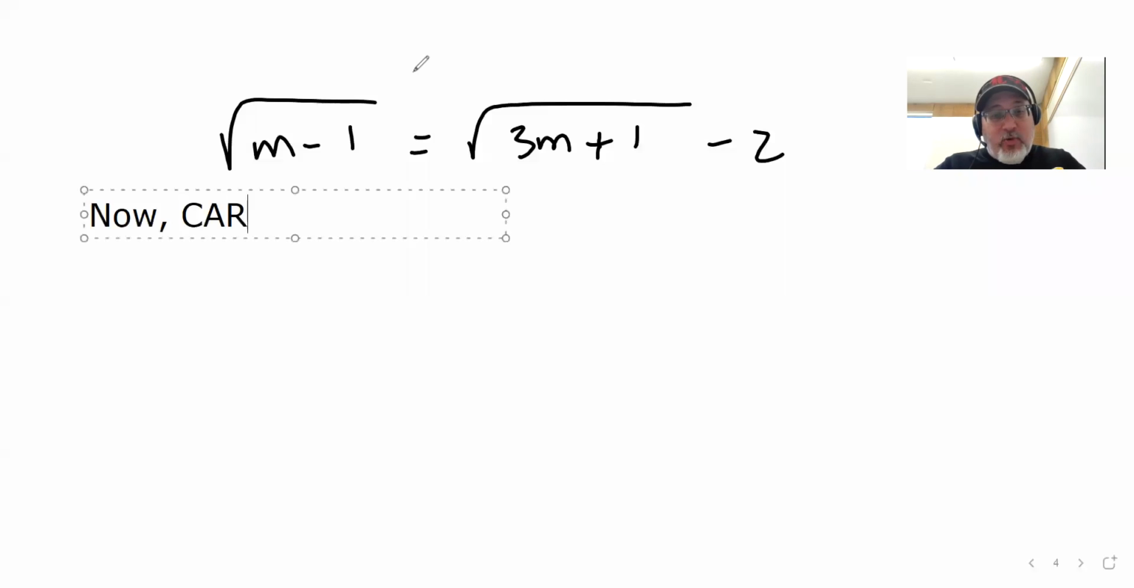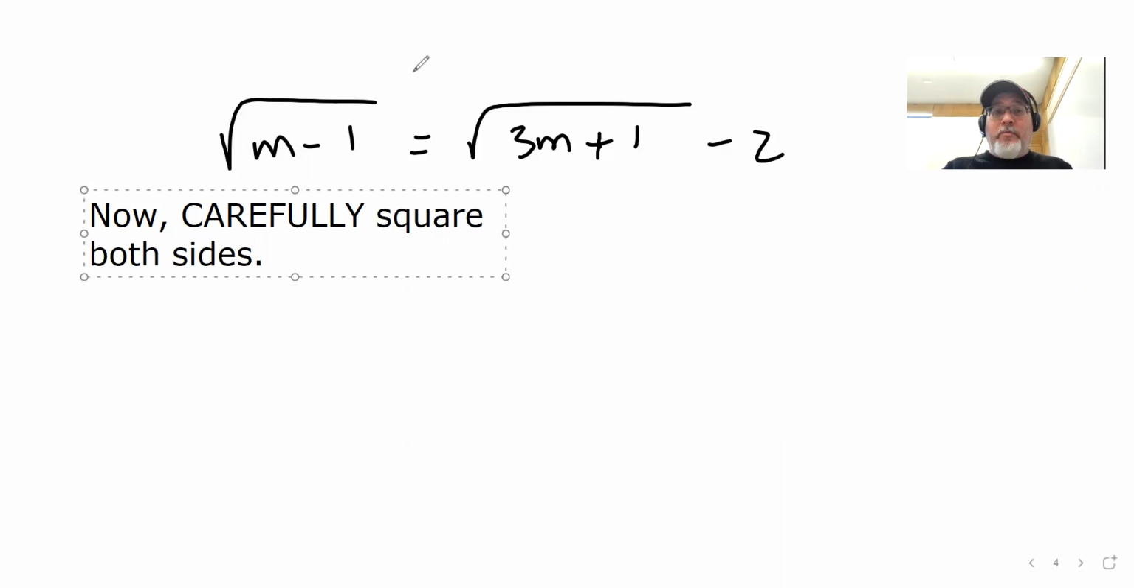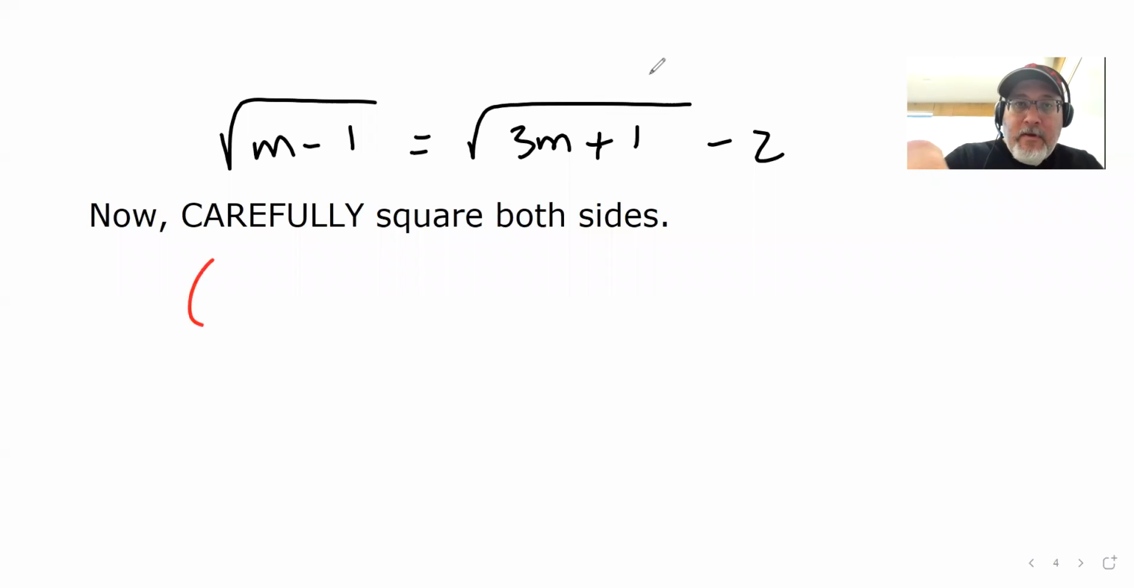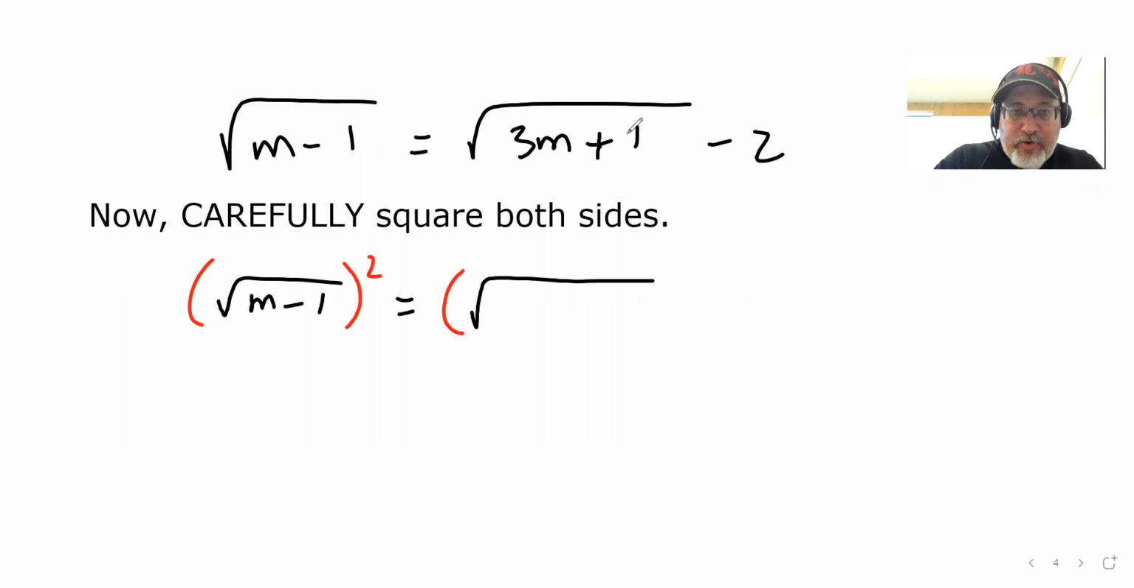Now, and I'm going to emphasize the word carefully, square both sides. This is where this problem gets a little bit annoying, because when you square both sides, let's catch the left side in a red parentheses. Square root of m minus 1, close parentheses, squared equals, and catch the right side in a red parentheses, open parentheses, square root of 3m plus 1 minus 2,